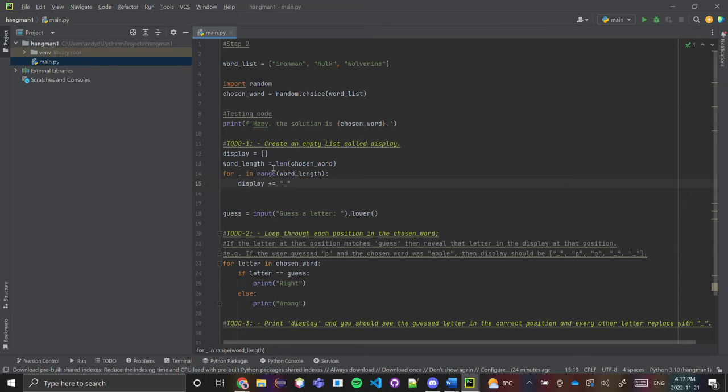Now in this case, we have a choice. And you can also use a range, which we have used. So what we're pretty much doing is for every single letter, we're just simply going to take our list, display, and add an item to it. And that item is going to be a string, underscore. So now if we go ahead and print our display and see what we get,